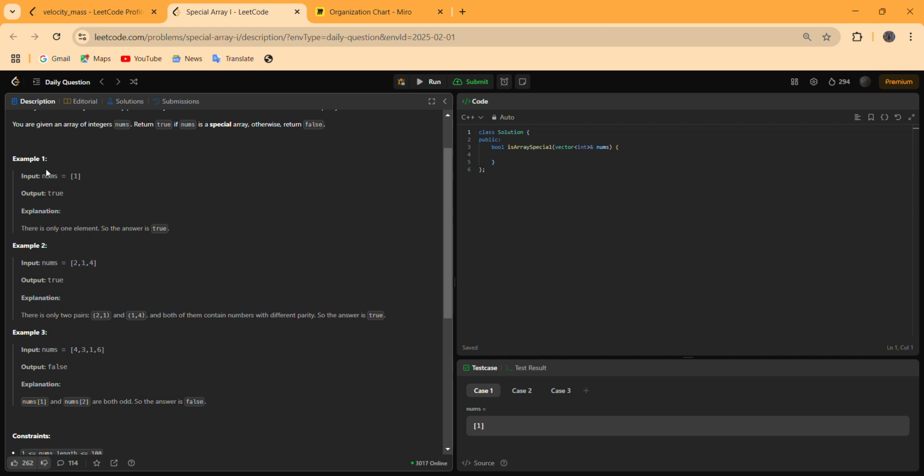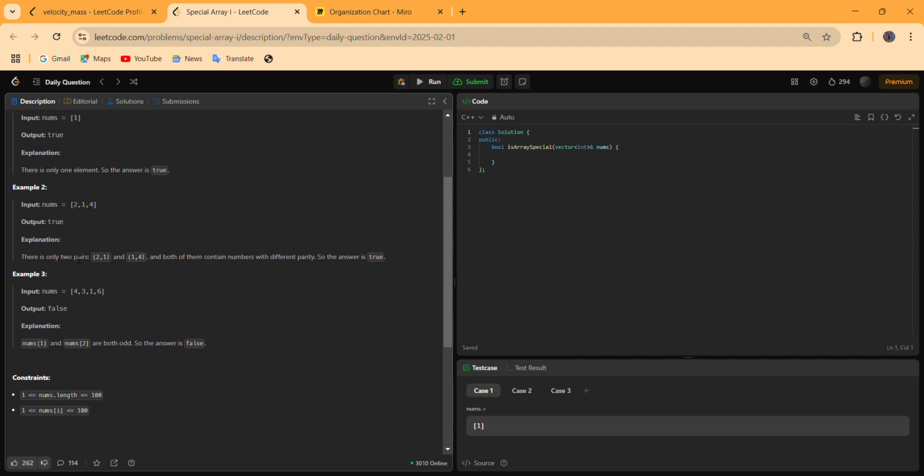Let us take example number one. It contains only one element, which means there is no adjacent element, so we have to return true because there is no other adjacent number to check with. Now let us take example number two. This is 2, 1 and 4. What are the possible adjacent pairs?